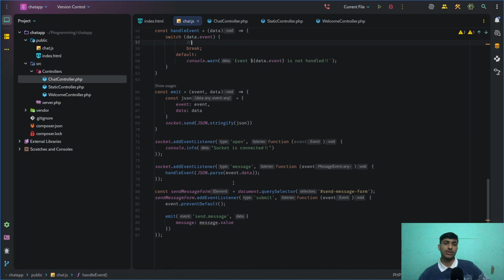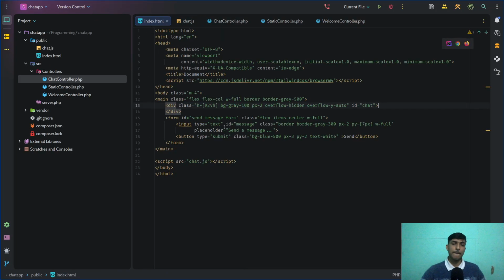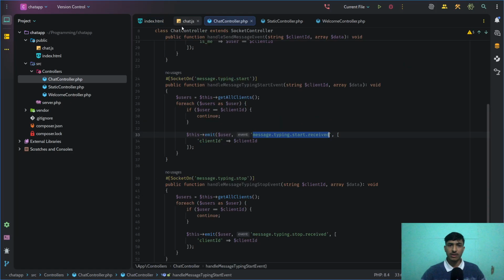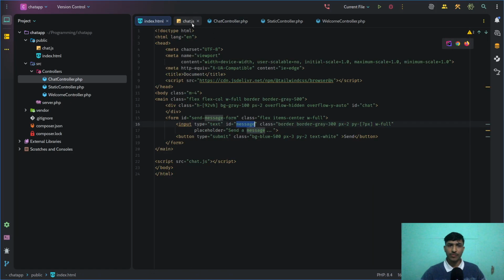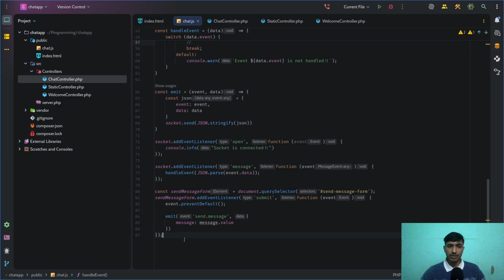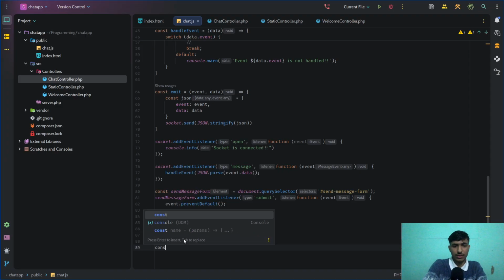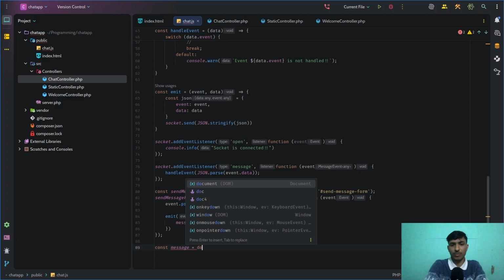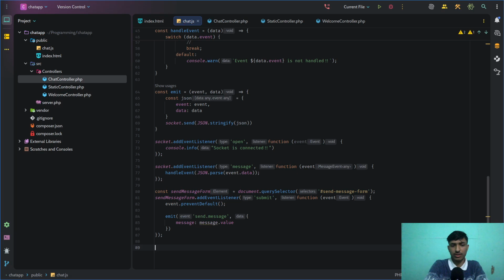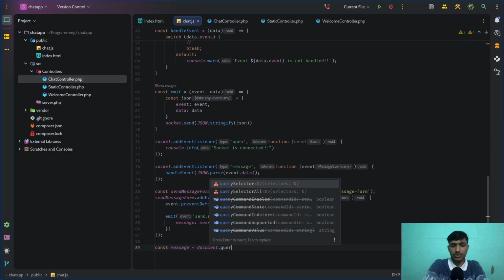So now what we have to do, if the user is typing, we have to send some message, right? So for that we need this one. So here message will be document query selector,